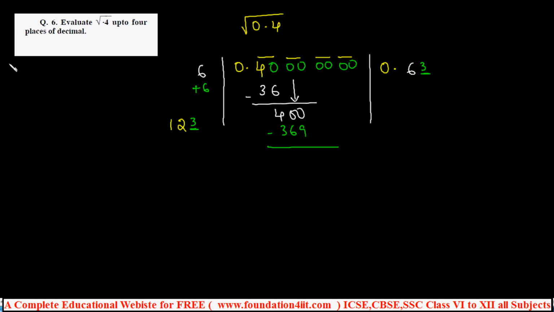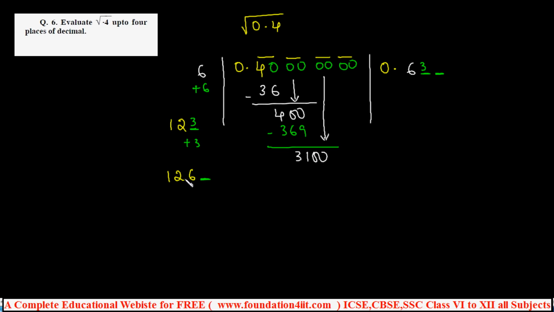Now subtract: 400 minus 369 is 31, and the next set, the next 2 zeros, you can take down, so that is 3100. What we should do is add the same number as the units place. The units place is 3, so one more 3 you add. Now that becomes 126. Now this is 3100, so the next place must be the same. What I'm writing with this green should be the same places.